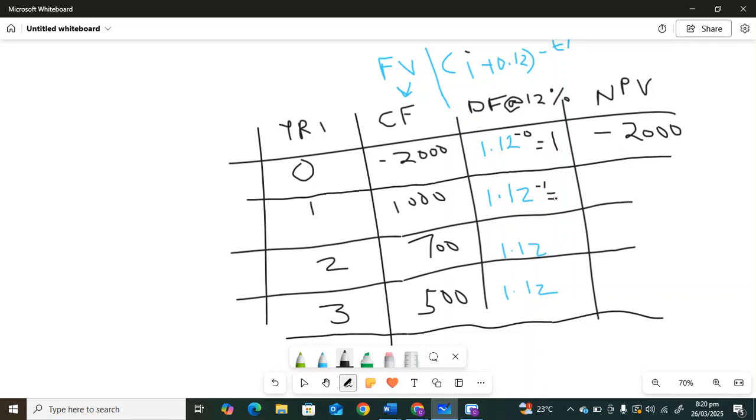It's a cash outflow. Remember, an outflow is negative, an inflow is positive. Okay. Year 1: 1.12 to the power negative 1, you get